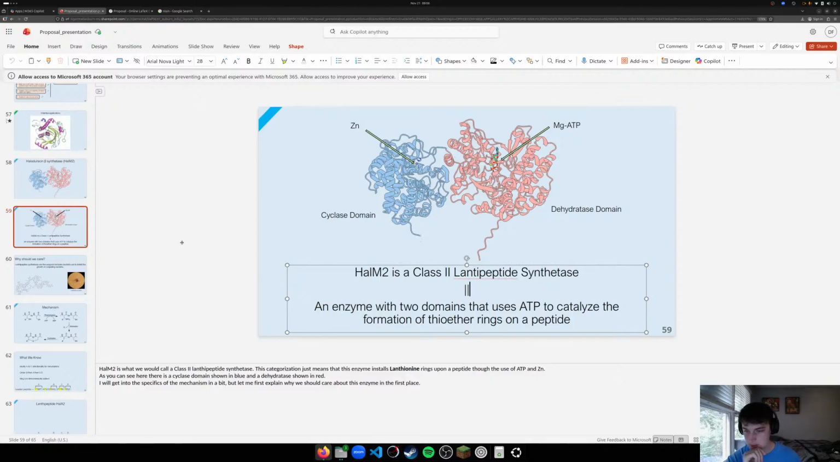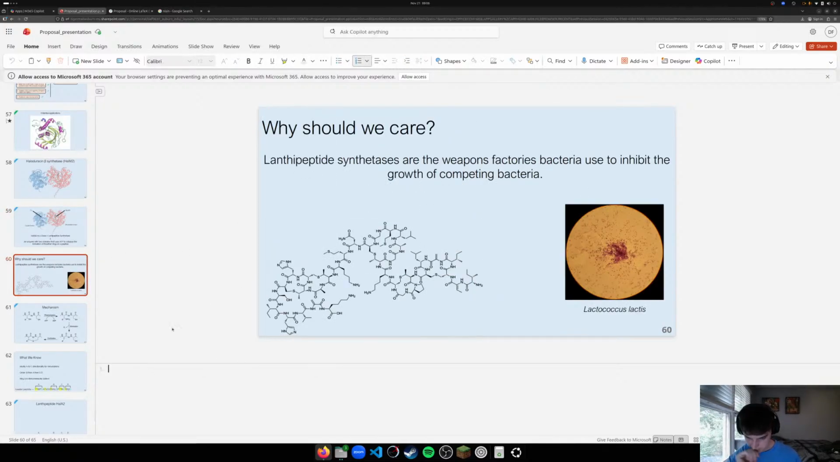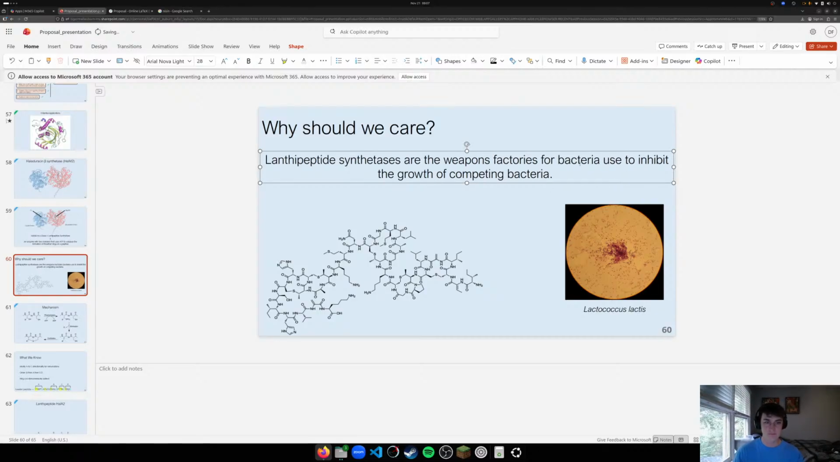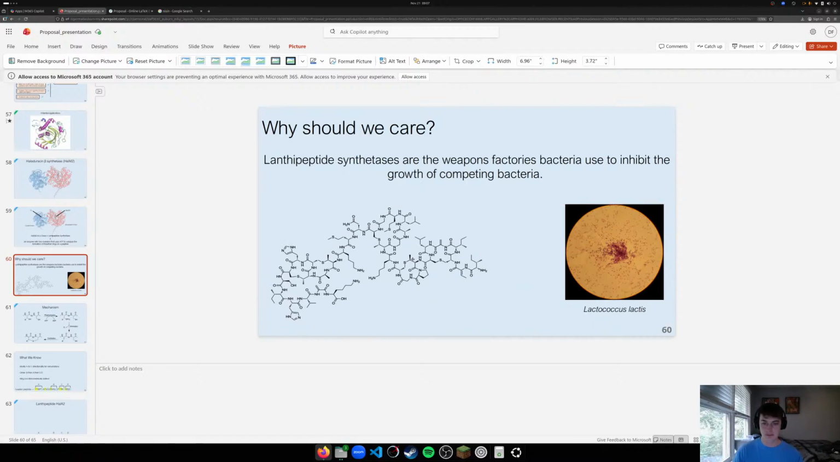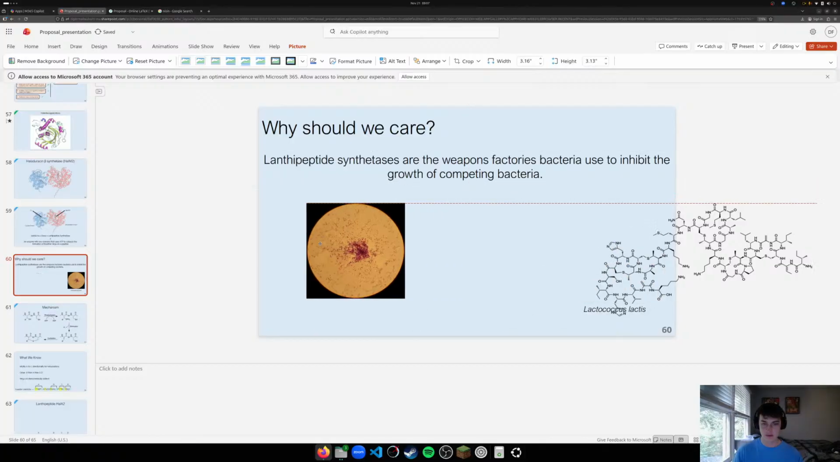Right. But why should we care about this enzyme in the first place? So this is the slide I left off on. So lanthipeptide synthetases, I think you could say LanM. No, you probably want to keep it like this. Are the weapons factories for bacteria. The weapons factories bacteria use to inhibit the growth of competing bacteria. So maybe we could do something like